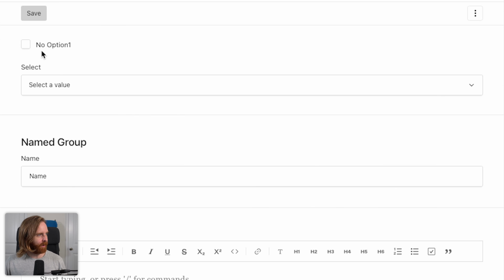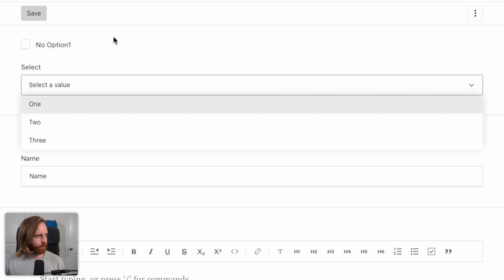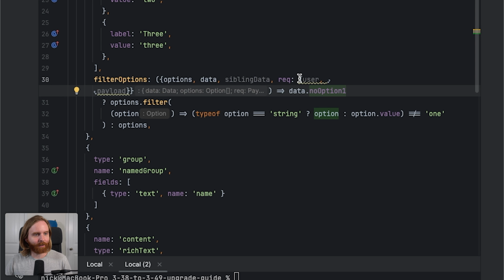And we'll see that we have no option 1 here. But if I open my select field, I see 1, 2, and 3. If I click no option 1, I can see 2 and 3 now. Now that in itself is not very useful, but as you can see, we do have access to the user